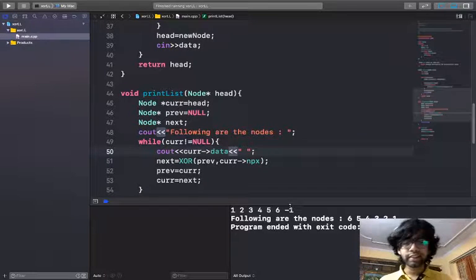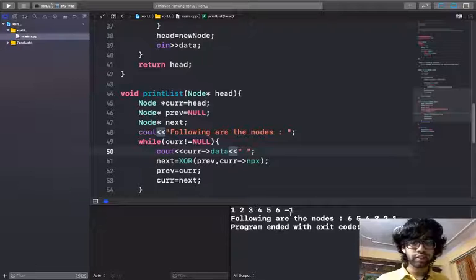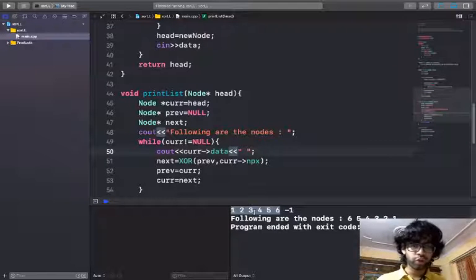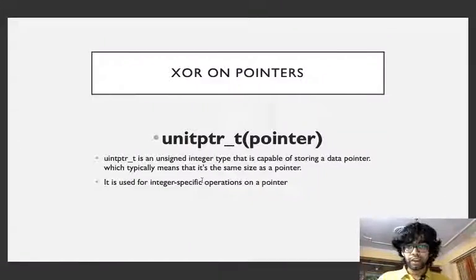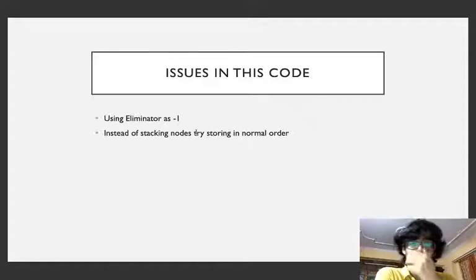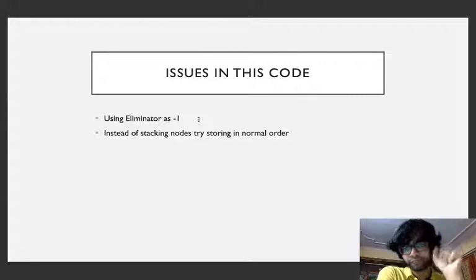So we have stacked the input. I mean, we have first stored 6, then attached 5 to it, then attached 4 to it, then 3, and so on down to 1. So my homework to you is that I want you to print in the same order. Let's say if you give input like 1, 2, 3, 4, then it should print 1, 2, 3, 4, meaning that the first node will be 1.